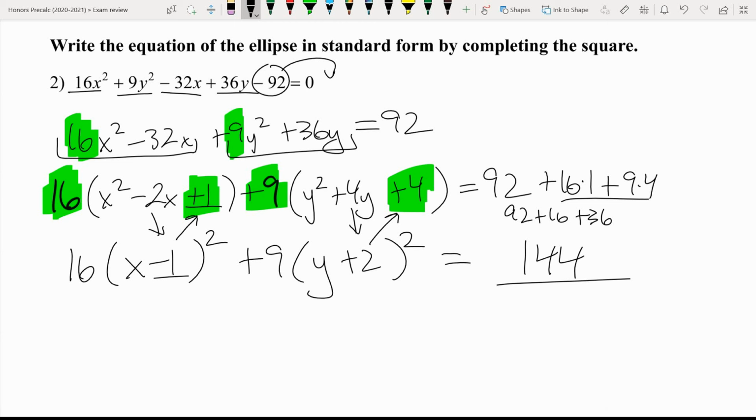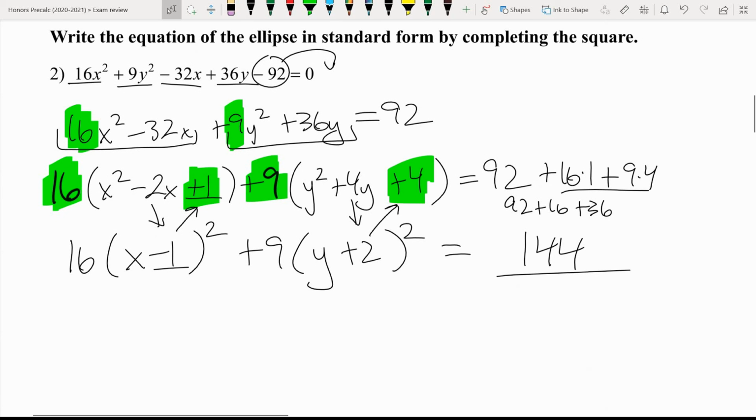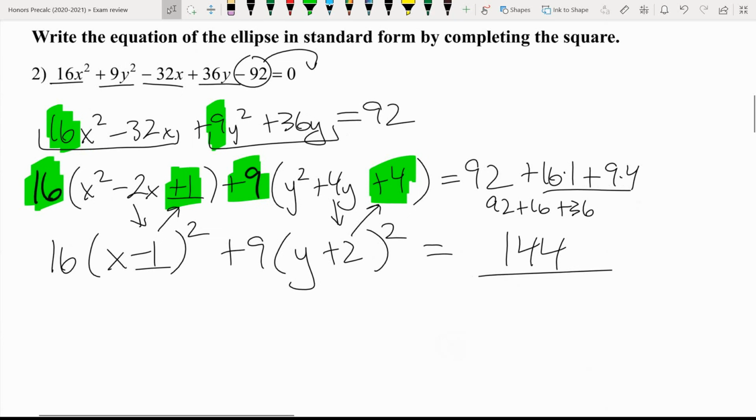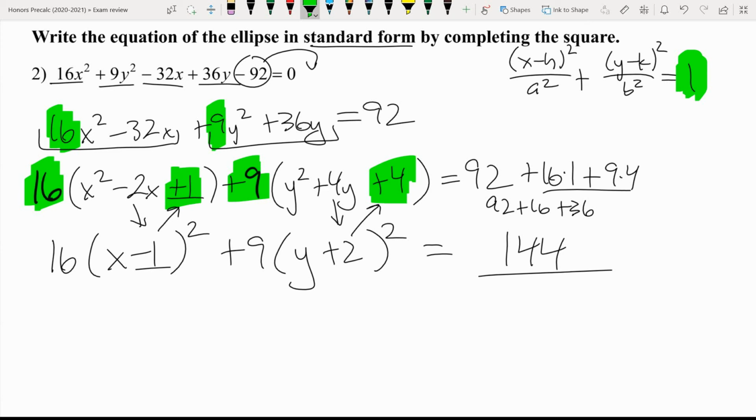So we're almost there. We got one last step. Because remember, the equation of an ellipse in standard form, that's x minus h squared over a squared plus y minus k squared over b squared equals 1. So it's the 1 part that kind of helps us figure out we got to do something with this 144 over here. But how do we get rid of 144 and turn it into 1? Divide everything by